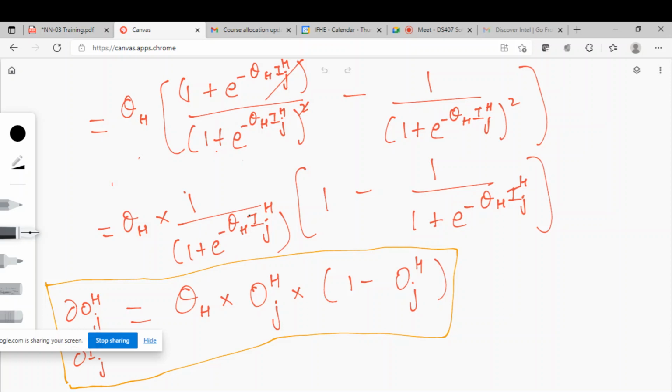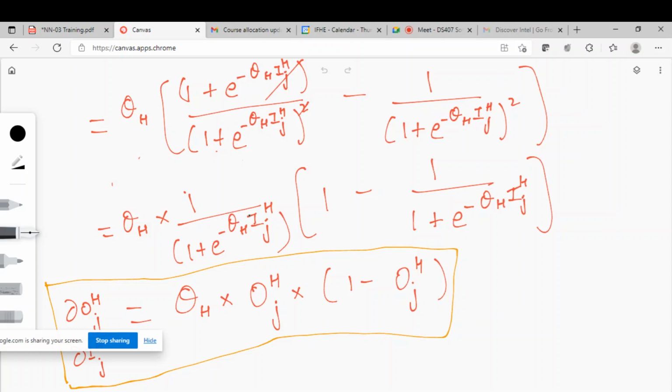So when you do that, first we should know what IJH is. IJH means the input to the jth neuron of the hidden layer. It depends on the output from the input layer and the respective weights. So it is O1i into V1j plus O2i into V2j, and so on and so forth, OIi into Vij plus OLi into VLj. So this is the thing.